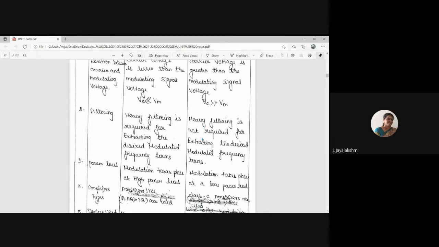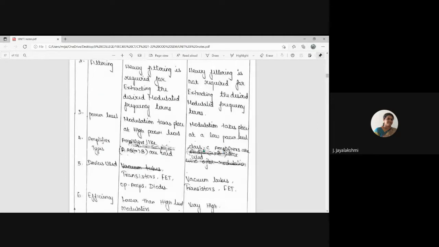So that is the advantage of high frequency modulation, high level modulation. Coming to the power level, in case of low level modulation, we need more power level, whereas in high level modulation, lesser power is enough. Coming to the amplifier types, amplifiers like class A, class AB, class B are used, whereas for high level, class